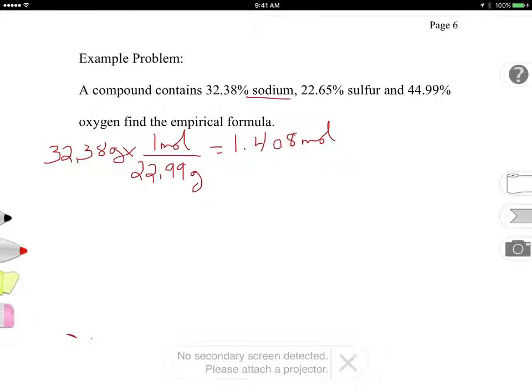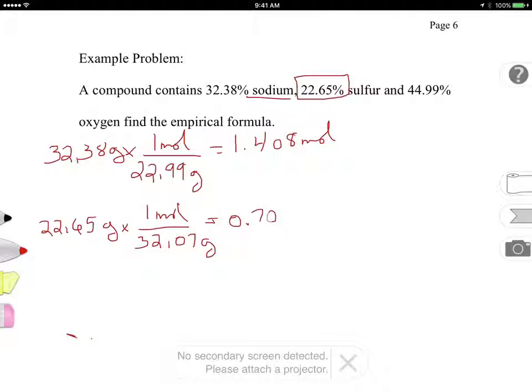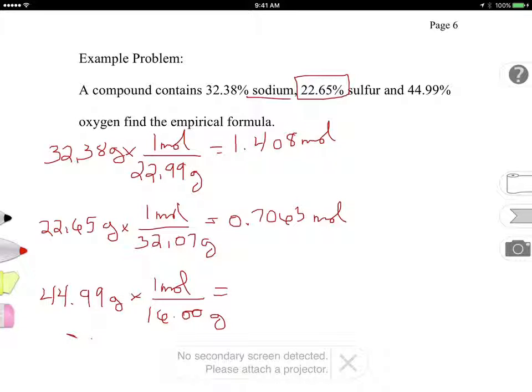Then we're going to do the exact same thing, but now we're going to do it with the sulfur, and sulfur is 22.65 grams. And again, that comes from the percentage, just changing a G instead of the percentages. Sulfur is 32.07 grams going to 1 mole, and that's going to give us 0.7063 moles. And then do the last one, which is the 44.99 grams of that, and that's of oxygen, so 16.00 grams going to 1 mole. Do the math,